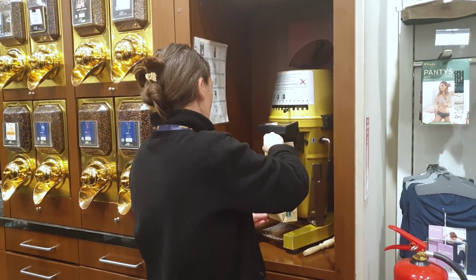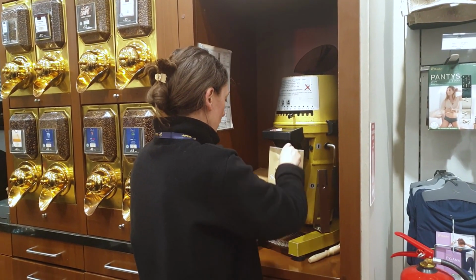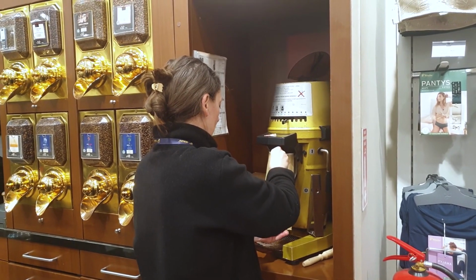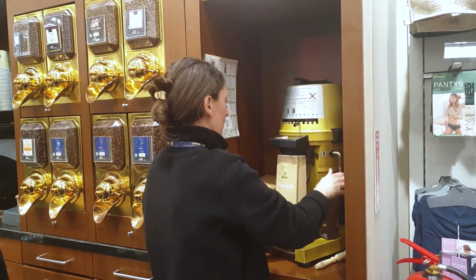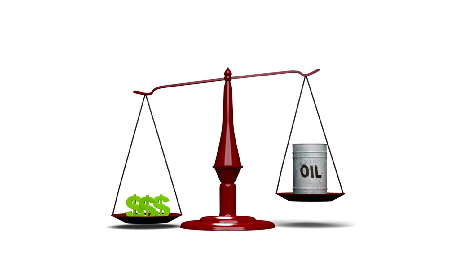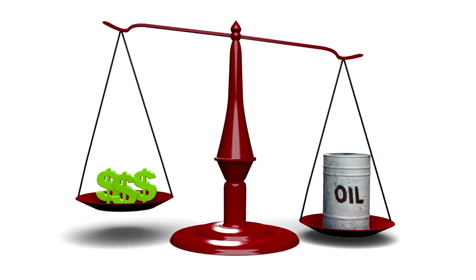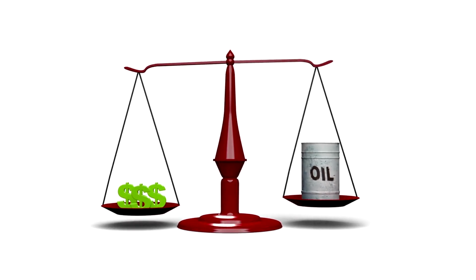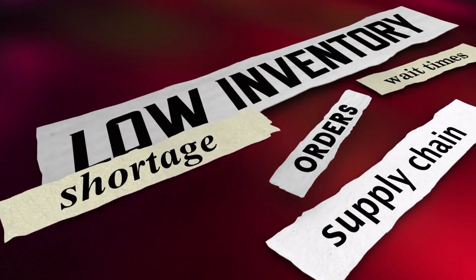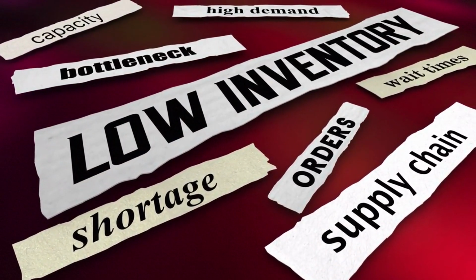On the other hand, supply represents the quantity of a good or service that producers are willing and able to sell at different price points. The law of supply states that, all else being equal, as the price of a good rises, the quantity supplied also rises. This relationship is depicted by an upward-sloping supply curve.